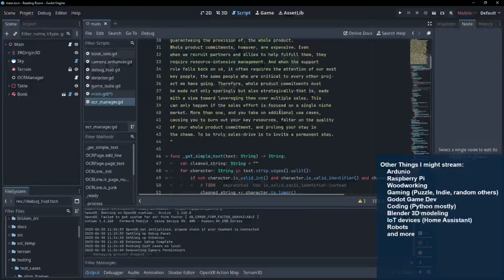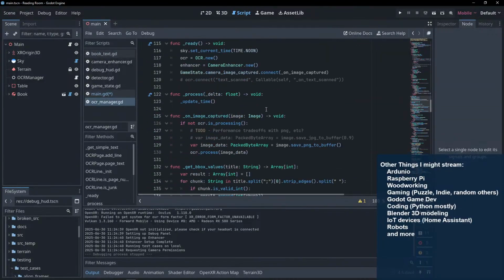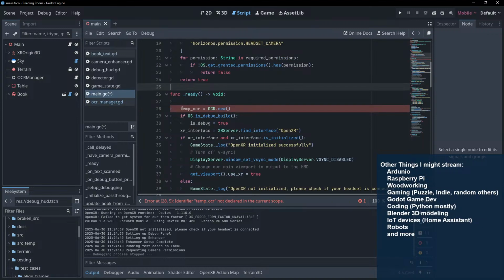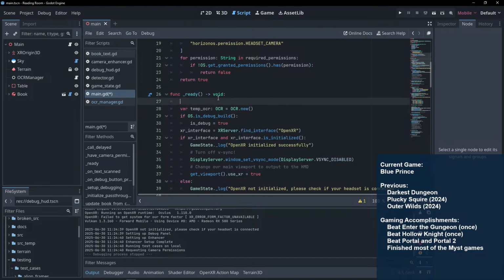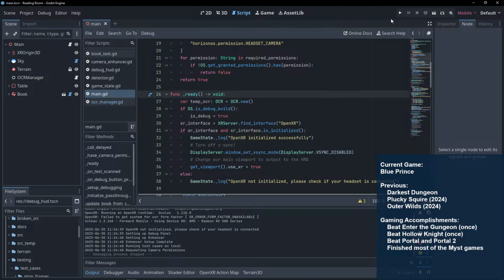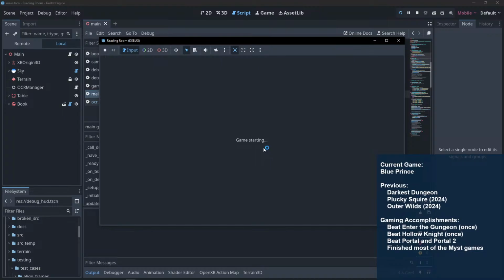Oh, I don't care. Let's do var temp OCR is OCR. Okay, and now I should be able to run it. And now I should get that log statement.